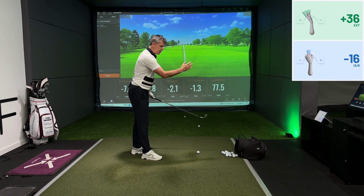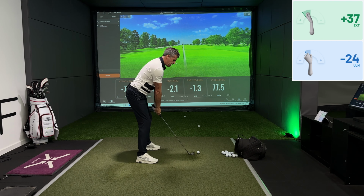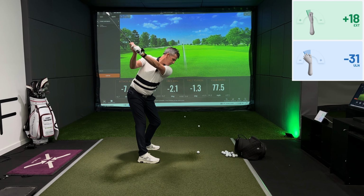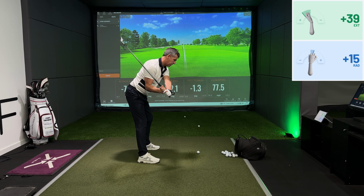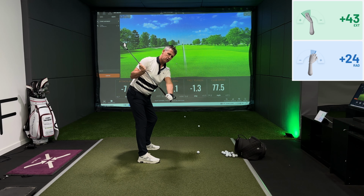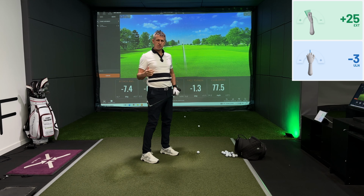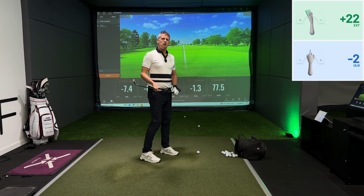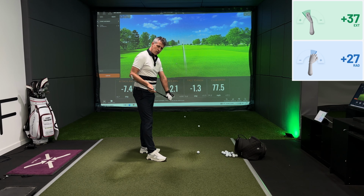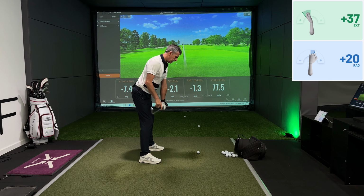Now, with the feedback that I've got here with the Hack Motion device, it allows me at the top, as I pull on the golf club, as I start to narrow up the arc, you can see the value in the bottom right-hand corner starts to increase to a positive value. Now, the more positive it is, for longer, the more opportunity that I will then have to unload the golf